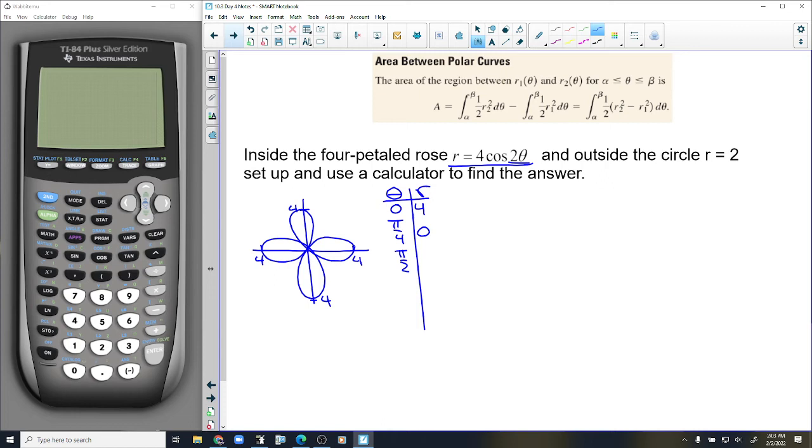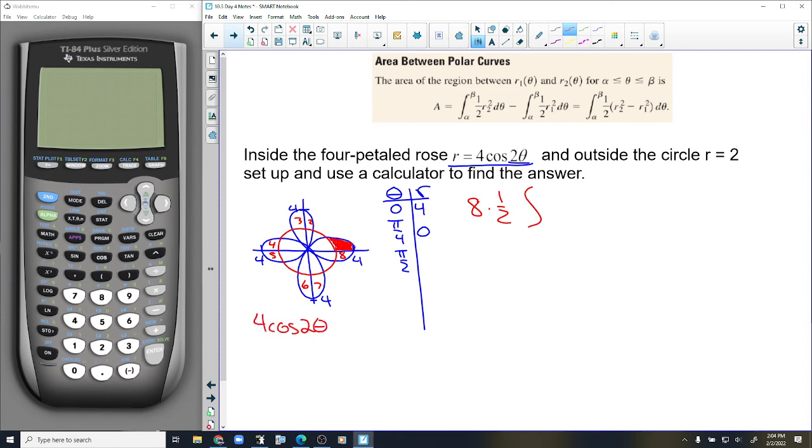All right. Now I got to put the circle in here. There's the circle with r equals 2. Now, outside the circle, inside the rose. Inside, outside. That's right here. I'm just going to draw, if I can find the area of this piece right here, right there, there's 1, 2, 3, 4, 5, 6, 7, 8 of those. There are 8 of those little halves. That's the way I would do this. There are other ways. 8 times 1/2 integral from